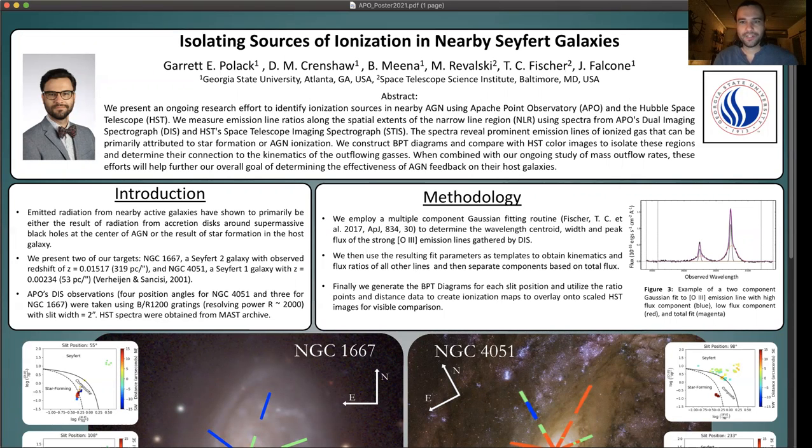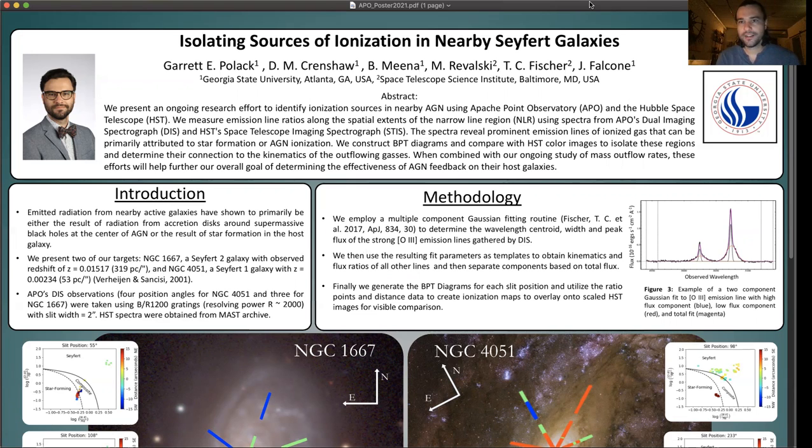And the overall goal here is to study mass outflow rates of these galaxies, as well as determine the effectiveness of the AGN feedback on the rest of the host galaxy, including how it affects star formation in these isolated regions. To begin, I employ a statistical model to fit Gaussians to the emission lines taken from the